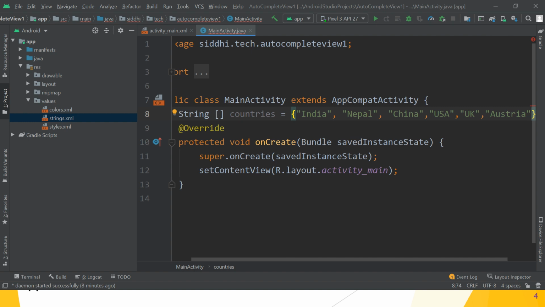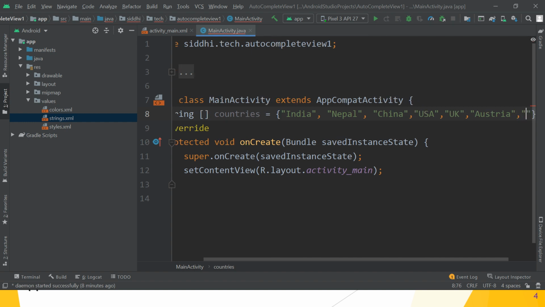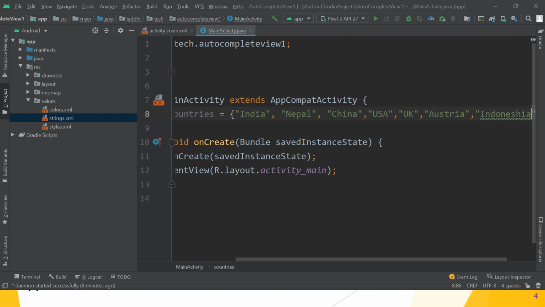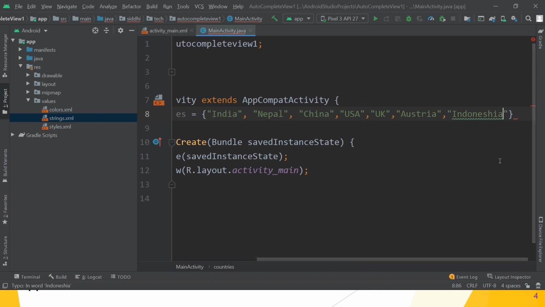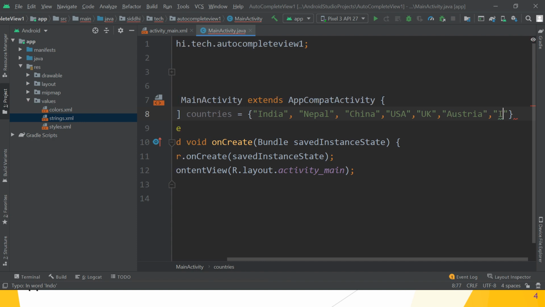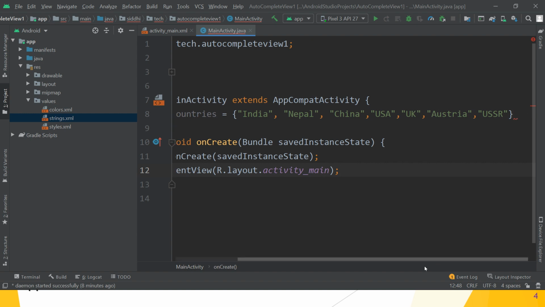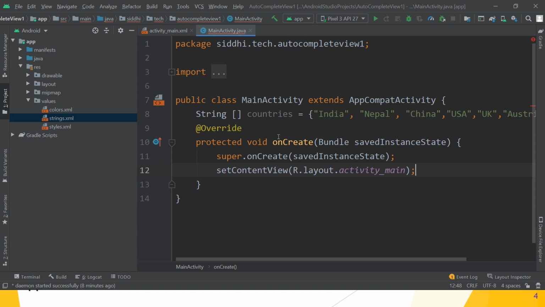Then Indonesia. You can assign a number of countries here, like USSR. So these are the different names of countries. This is the array of countries. We want to show these country names in the drop down list in the autocomplete text view.